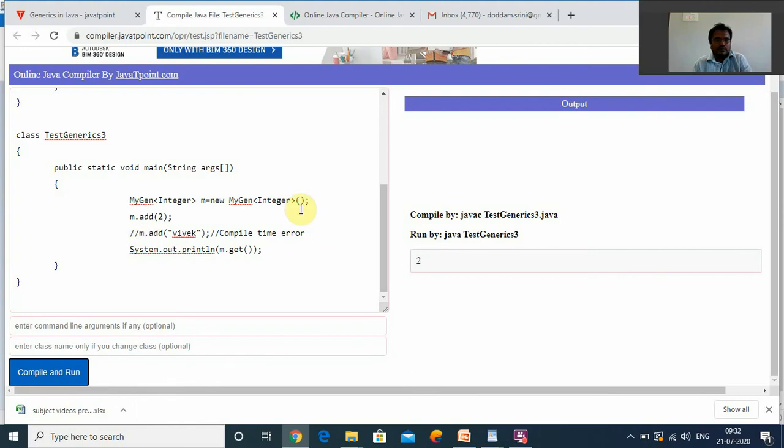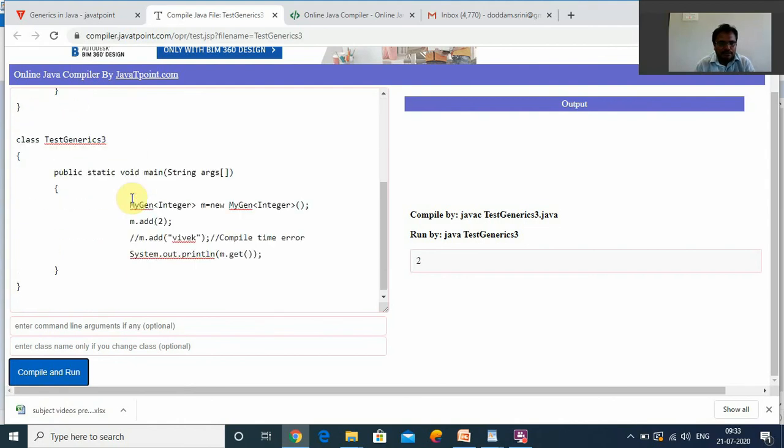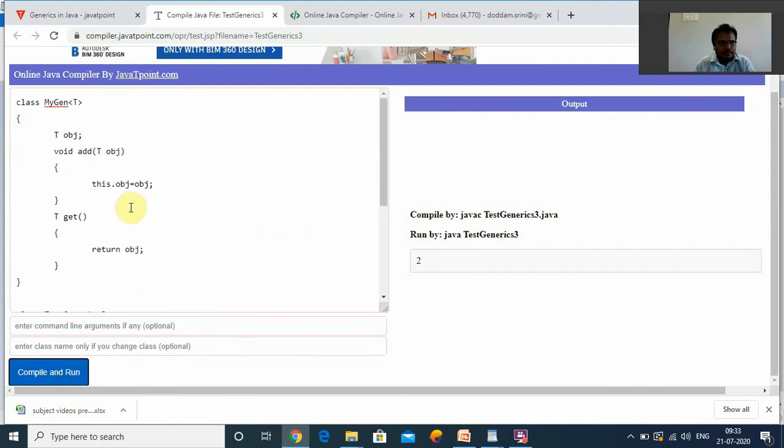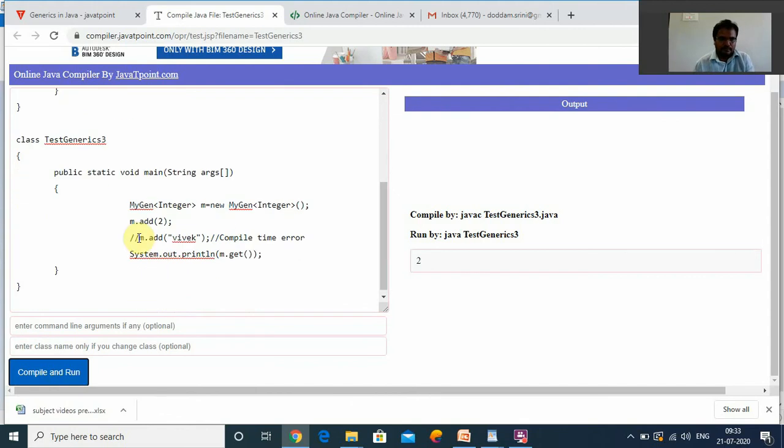Now all of you observe, this is the definition. Previously you did not have it, so the compiler could not understand what mygen is. That's why we are adding this. After adding this and compiling and running the application, you get the final output 2. Why? You are adding only 2 integer data to the mygen class object. Now remove this comment line.